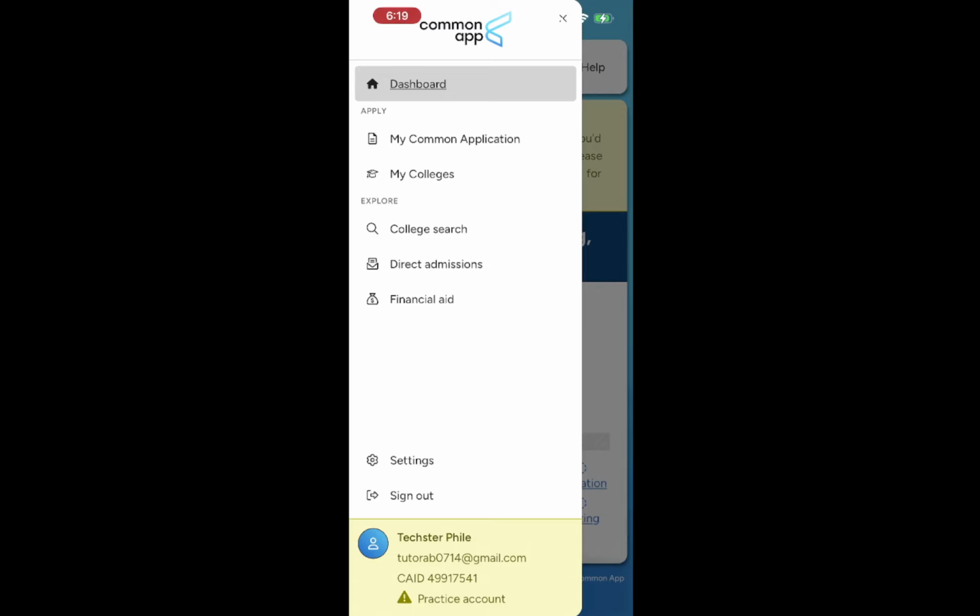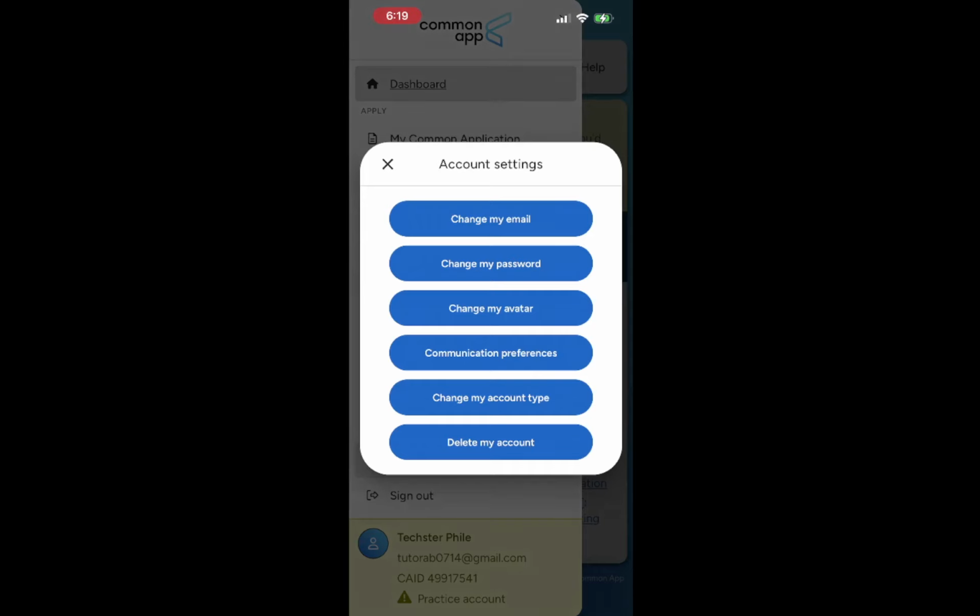From there, open Account Settings or Contact Information. This section is where all your personal details are stored. You will find various settings related to your account, including your email, phone number, and other contact information. It is important to navigate here because this is where you can make updates that keep your account secure and up to date.